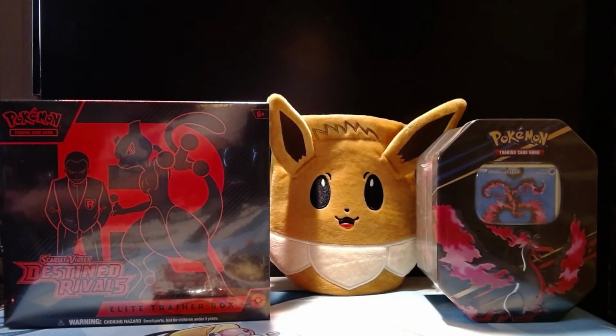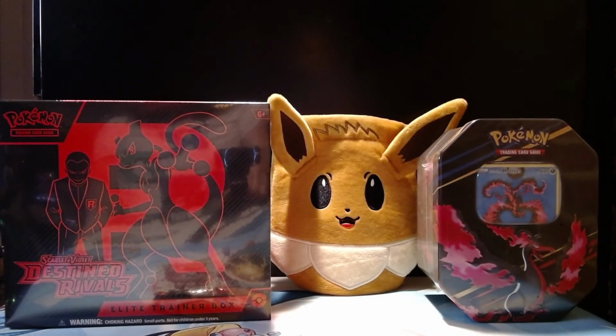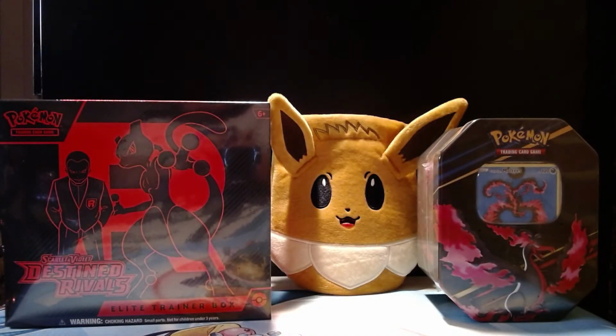So, it definitely seems like 151 being a little rougher to us than Prismatic, which is a little weird to see because I'm so used to Prismatic having kind of the notorious hit rate. Alright, come on. Would love to see an illustration rare. I mean, we better see at least one illustration rare considering the amount of 151 I do have on standby, but